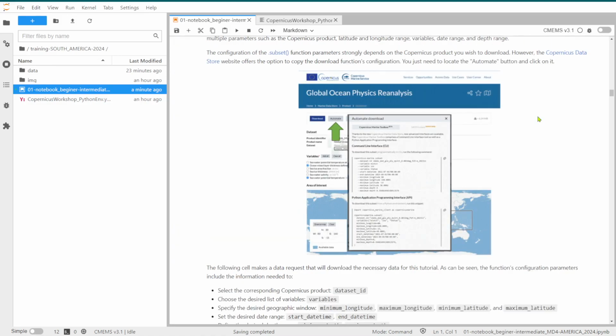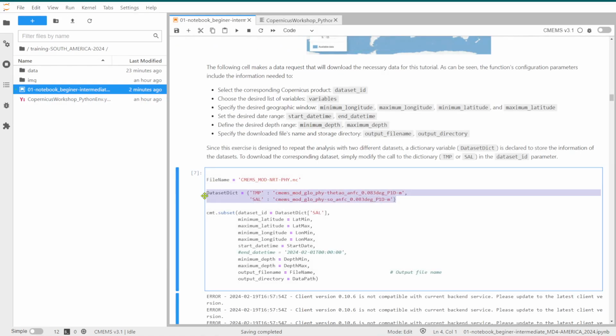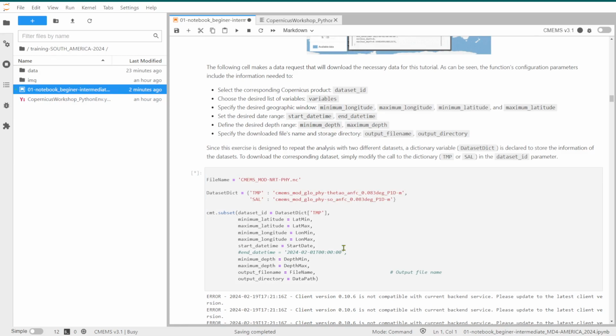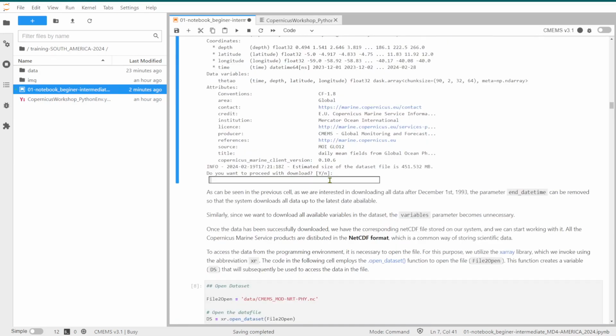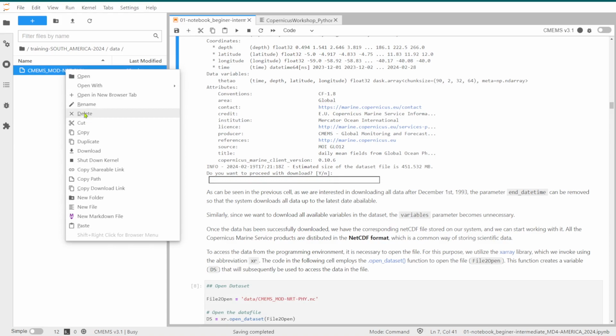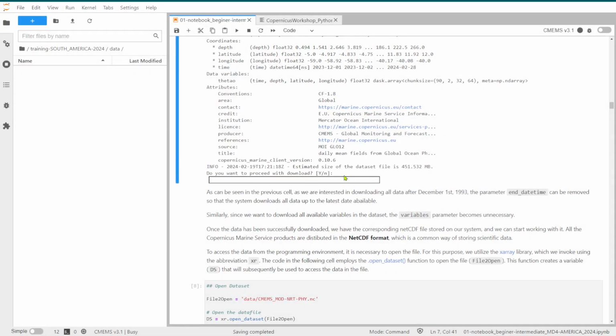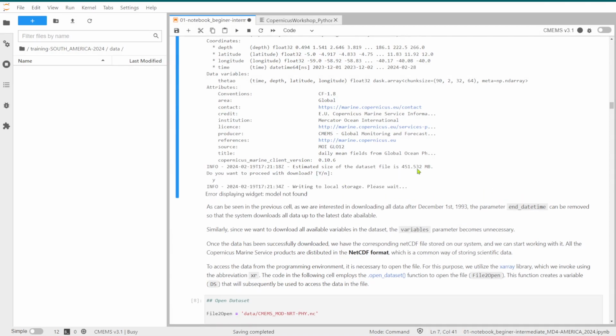So you have to change the dataset you are requesting by changing this to TMP, and with this, when you run it, you will be downloading the new dataset. First of all, you have to delete the previous dataset you downloaded, and once you accept this change,